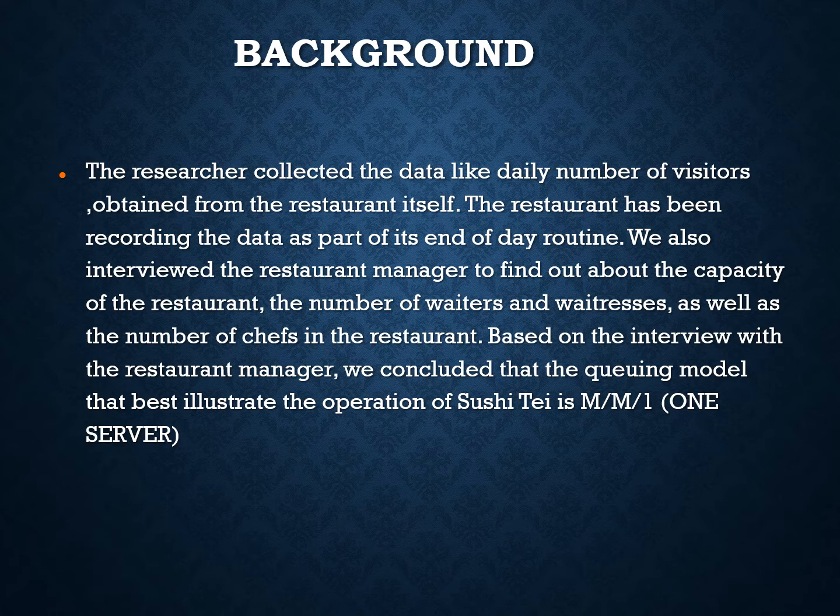Here we can see that the restaurant manager concluded that the queuing model that best illustrates the operation of Sushi Thai is one server, when a restaurant has only one server, one chef, or one counter, which is a bit complicated, as customers have to wait in a long queue to be served. So to overcome this problem,